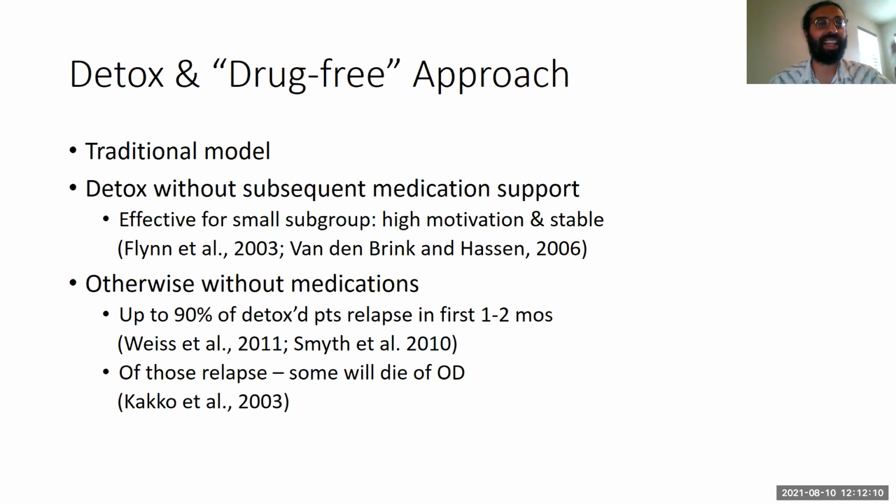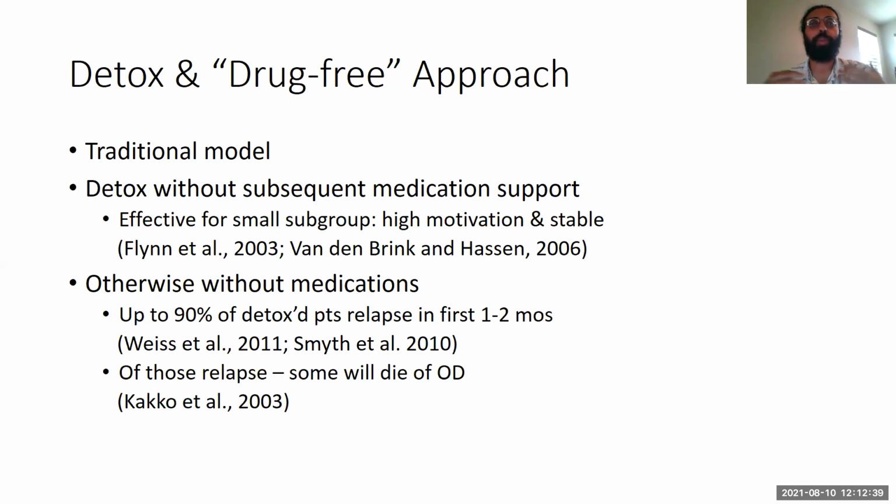Here, the chance is at least 80%, maybe even 90% or greater, that the person will return to using illicit opioids, and everything that comes with it, right? Hepatitis, HIV, overdoses, cellulitis, compromising relationships, compromising of work, spirituality, all of those things. But in general, we seem to think that those are people who are highly motivated, maybe have stable social relationships